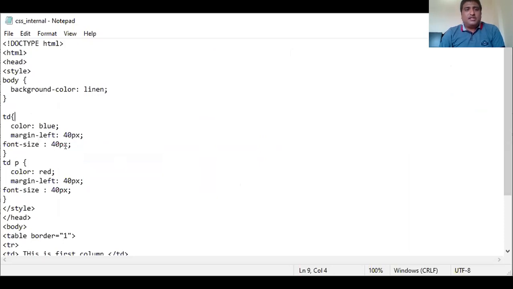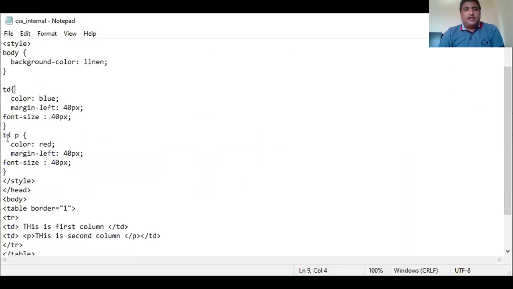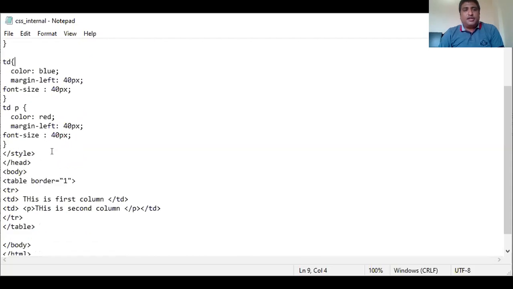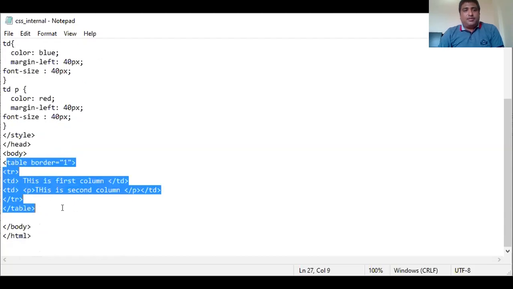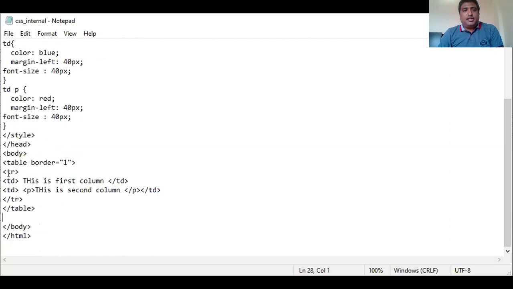Font size is 40 pixel. In TD, if we use P, then its color will be red and margin is from the left 40 pixel. Its font size is 40 pixel. Here we write the table example with TR and TD, so whatever style properties we define apply to this table. Let's see the output.